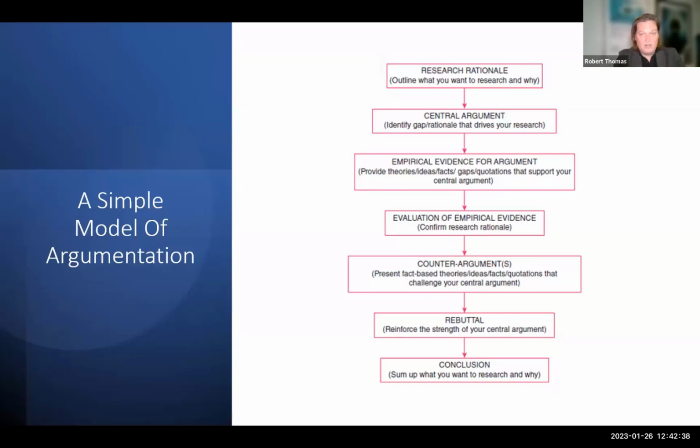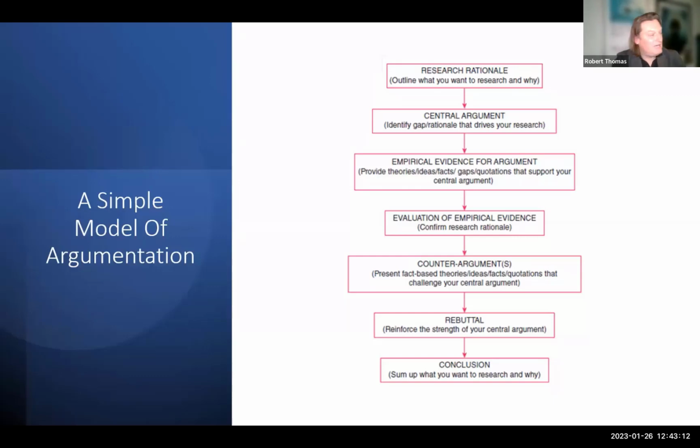Invariably, students only concentrate on evidence for their argument, completely miss out the counter argument, or give it a wide berth, with two or three sentences or even a paragraph, and then the rebuttal doesn't exist. What we want from you is that metacognitive ability to show that you've read, you understand the variables involved with your argument, and those which do not support it. You will get more marks for accrediting those who do not support what you do than for something descriptive that fundamentally supports your research question.